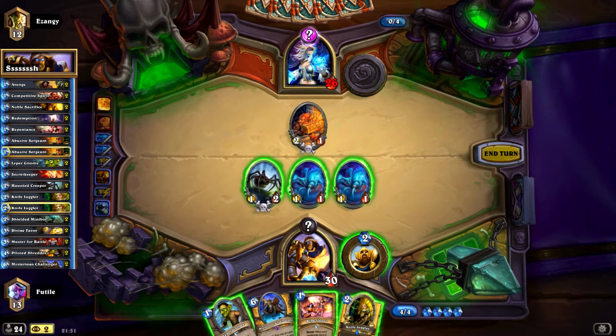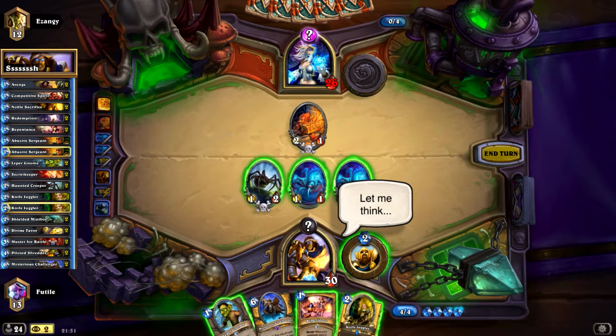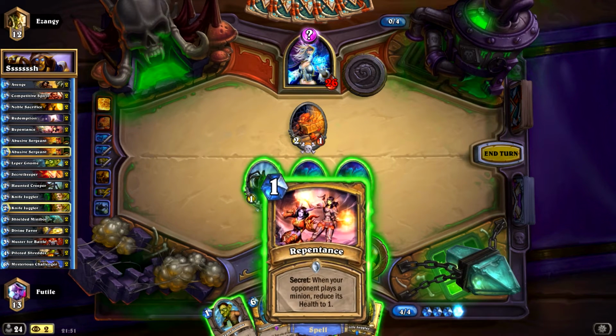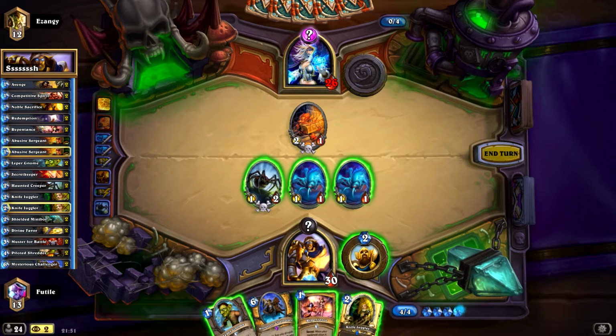Yeah, but like you're saying, next turn is Frost Nova Doomsayer turn. Yeah, well, that's why we're going to play Repentance. Let me think. Oh, so we can play the Knife Juggler and Repentance. So is it the last thing that you play that... No. Oh, sorry, if he Doomsayers, right, yeah. And then we can hope to draw into a